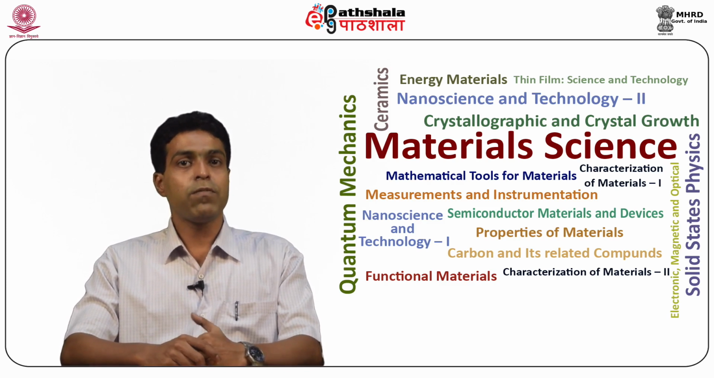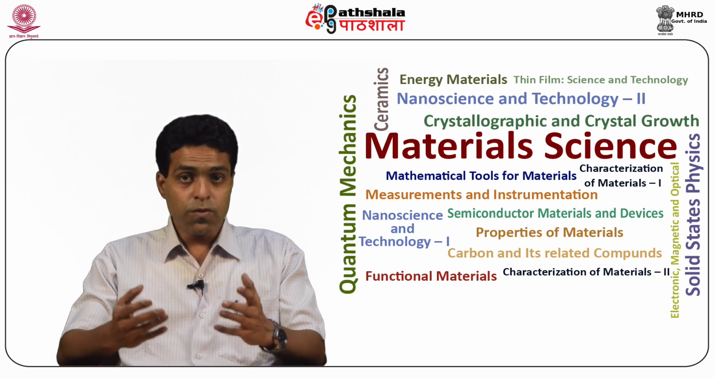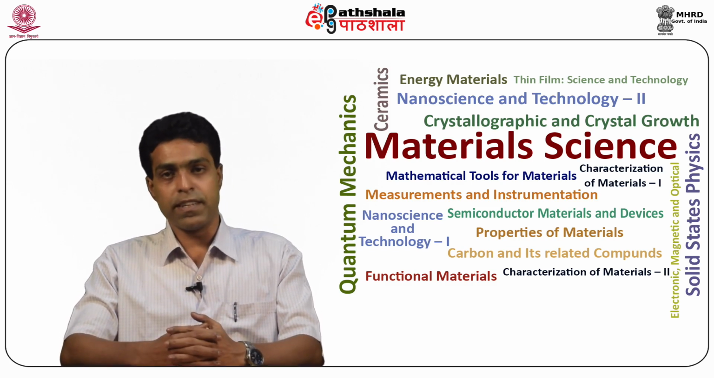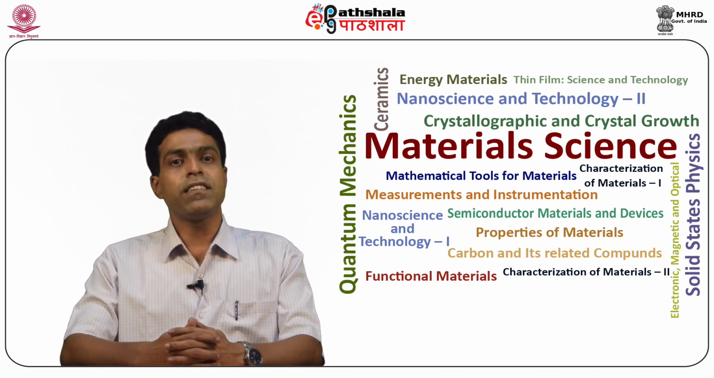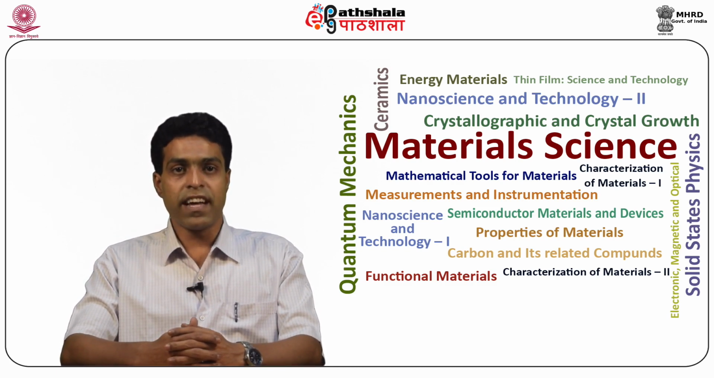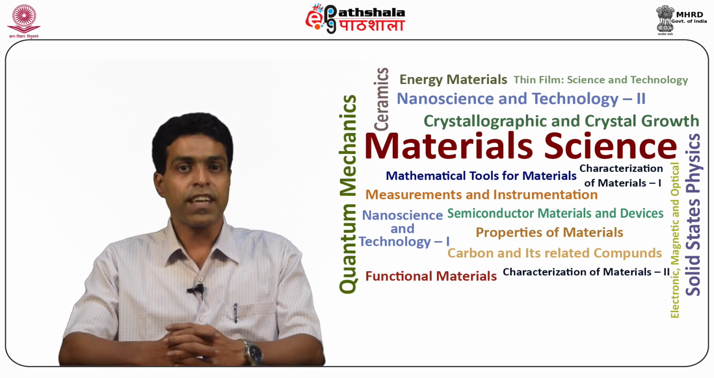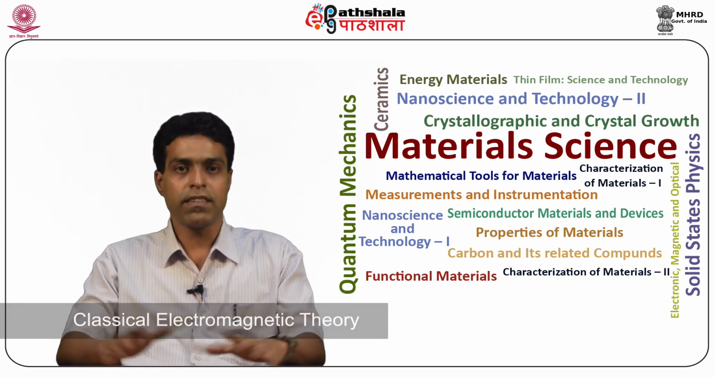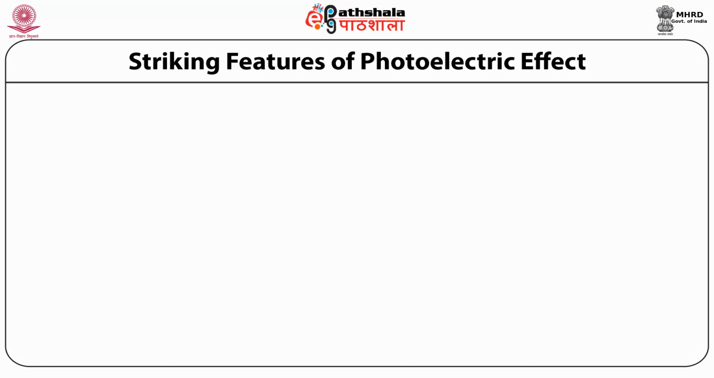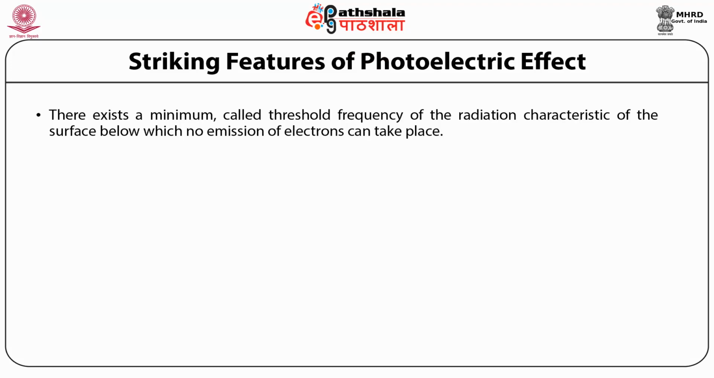Later, this phenomenon was studied in detail by W. Hallwachs and Philipp Lenard. The detailed investigations carried out by Lenard revealed the following striking features, which cannot be explained by classical electromagnetic theory. Striking features of photoelectric effect. There exists a minimum frequency, called threshold frequency, of the radiation, characteristic of the surface, below which no emission of electrons can take place. It does not matter what the intensity of incident radiation is and for how long it falls